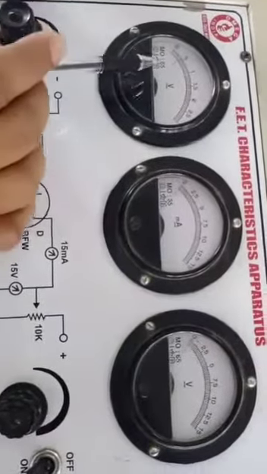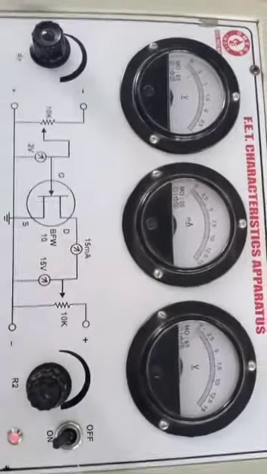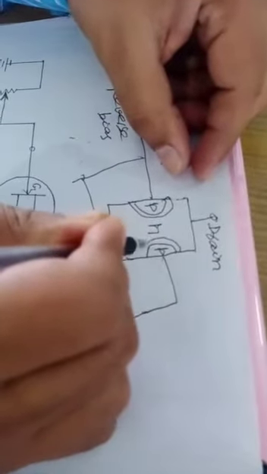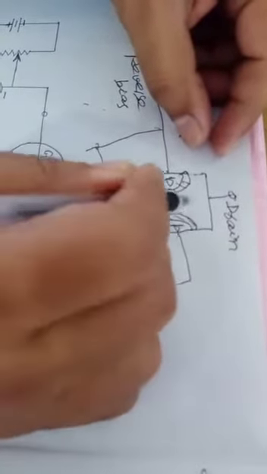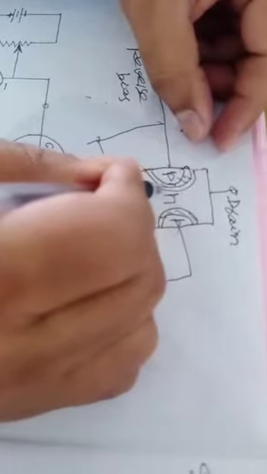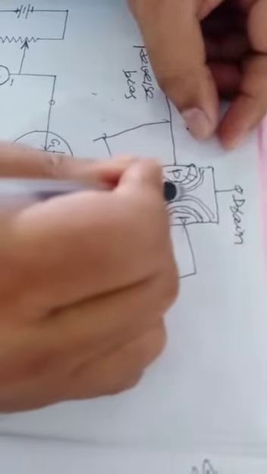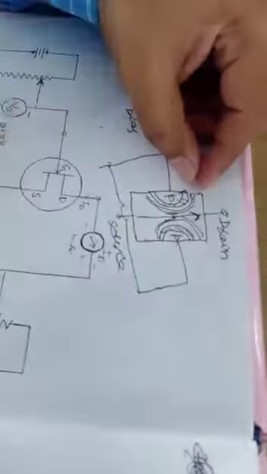And as we increase the reverse bias voltage on the gate, the width of the depletion layer due to reverse bias increases, and so on. At one stage the channel pinches off, just very close but not touching. Only a constant current is going from source to drain, and this voltage at which the channel pinches off is known as the pinch off voltage.